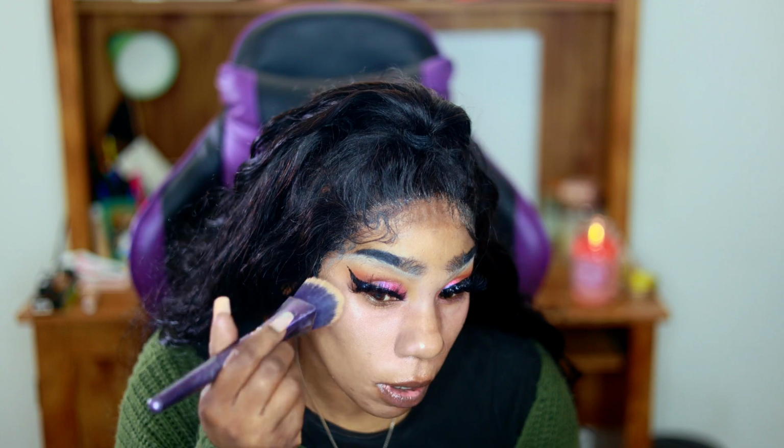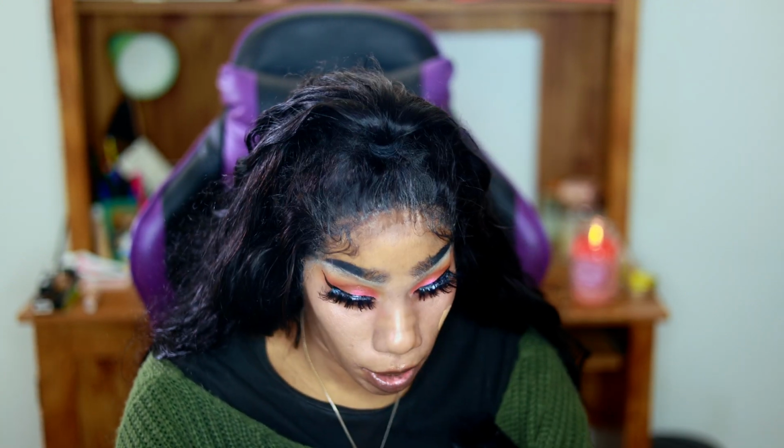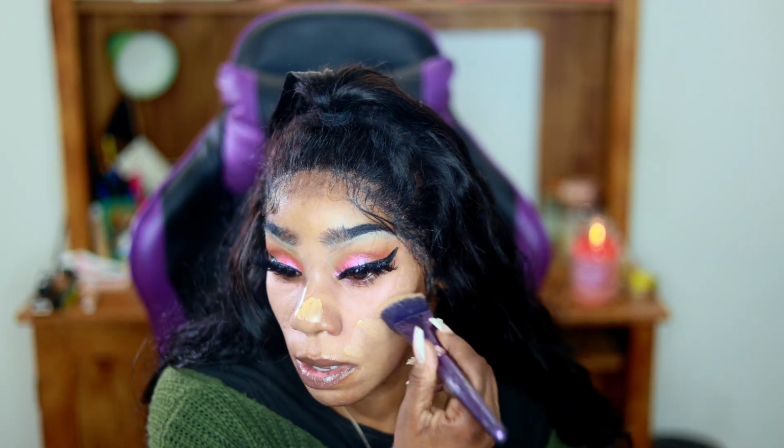So I will put this on first, and I just take little dots of it, and usually I use my hands to blend it in. I don't know why I got a brush. If you use your hands, it's going to give you more of a glow. But anyway,